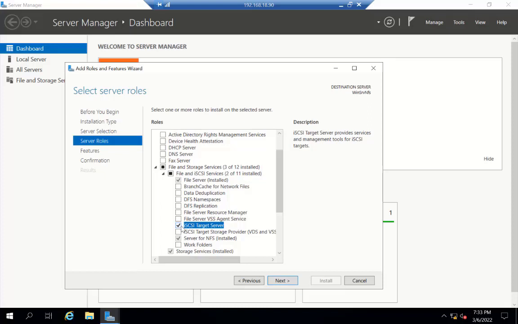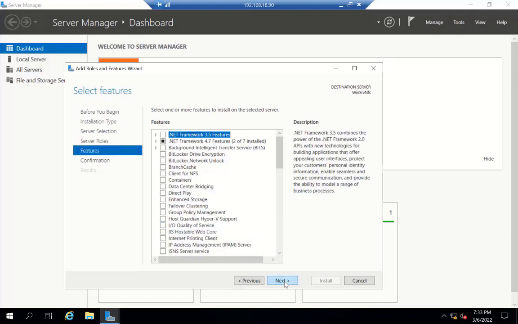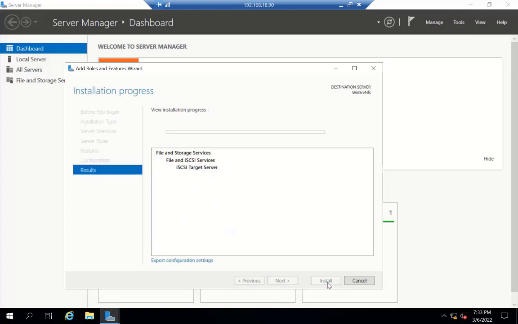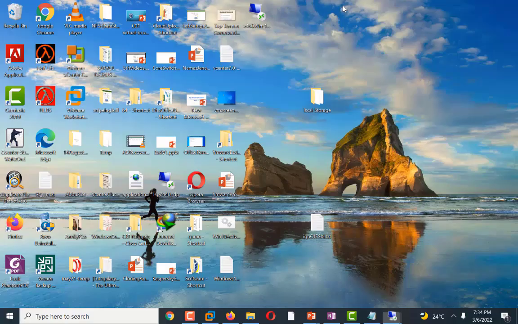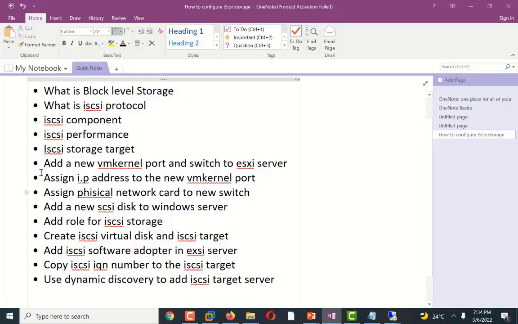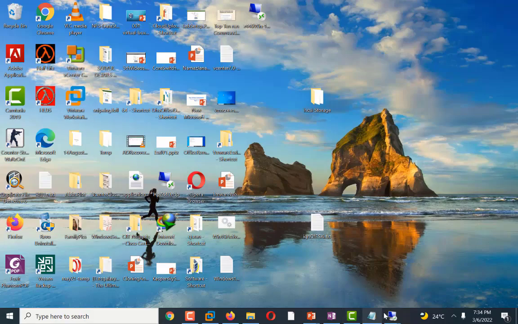So I have added the role of iSCSI storage in my Windows server. Now I will create an iSCSI disk and iSCSI target. It will install the iSCSI feature, and it will take a few minutes for completion.